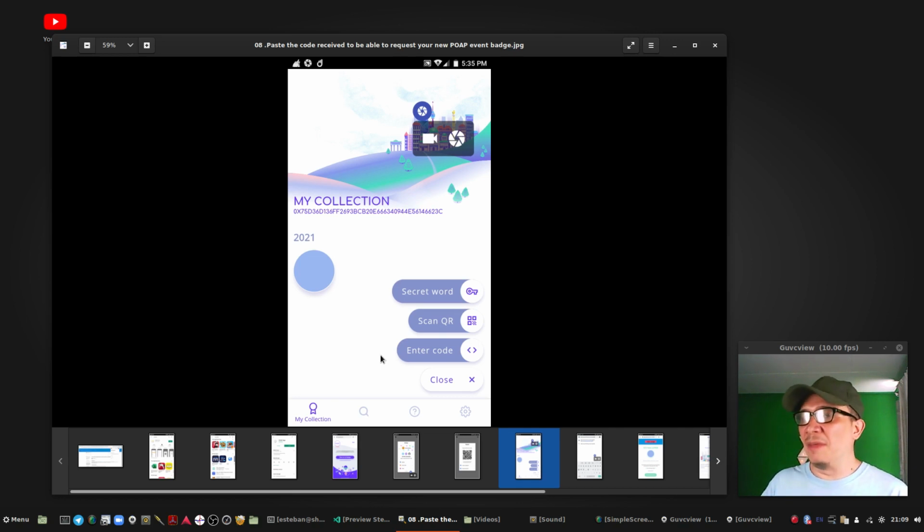Okay, the organization of the event gives you the event link or the event code, so you can enter this code here, and in that way you receive your badges, because every badge has a code for accessing it. Okay, so you can reproduce it from the blockchain here in your collection on your PoApp application. All right, that's the first alternative.